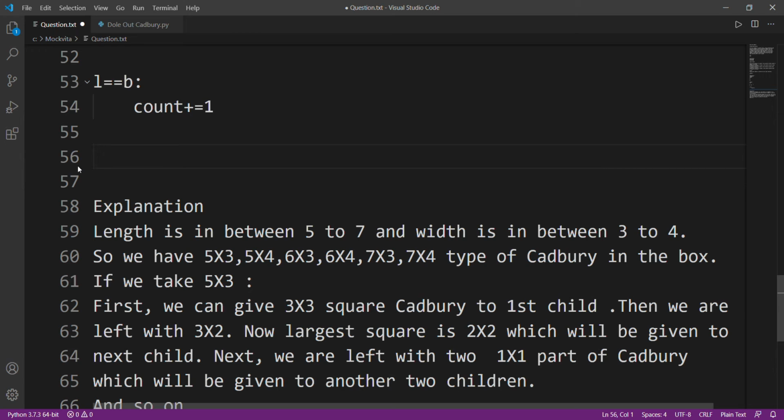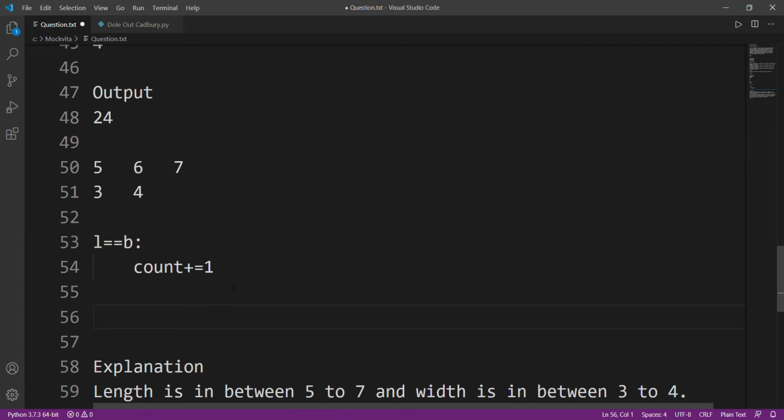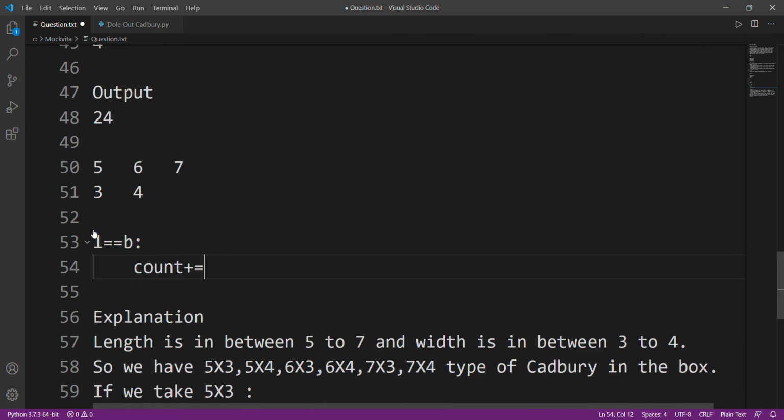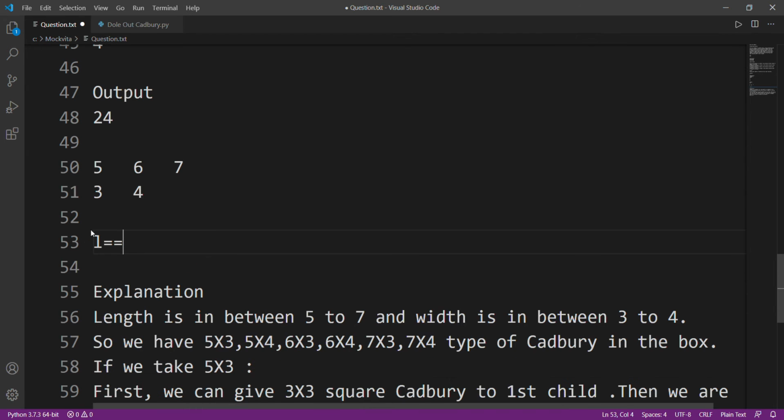For the concept of hashing, since I'm using Python, I'll be using a dictionary. If you are using C++, you can use unordered map or map. If you are using Java, then there's hash table, hash map, sorry, right? Now let's move on to the coding part, and trust me, you are going to enjoy this. It's going to be very easy, but please do keep in mind all of our base conditions.